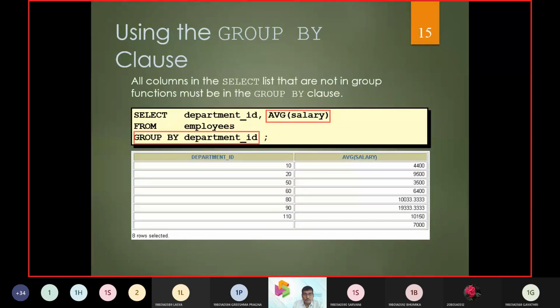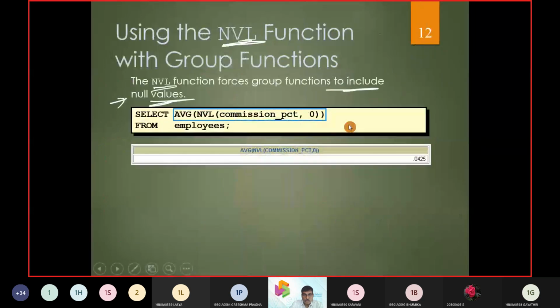So how are we building up the query? We take the department ID, then we find the average salary from the employees table. After that we make a group by with the department. So you can see the departments 10, 20, 50, 80, and this is what we displayed.